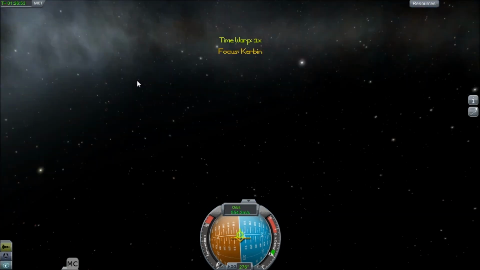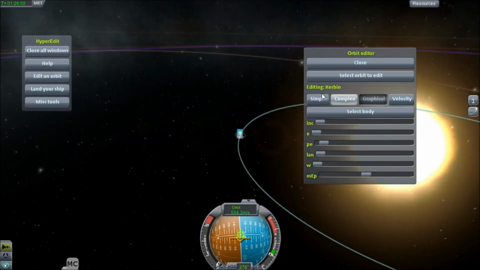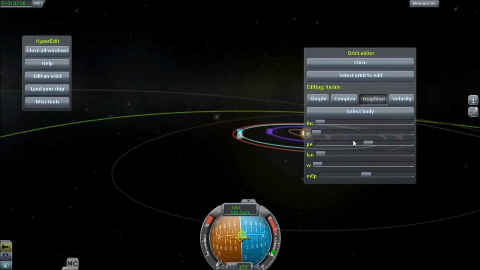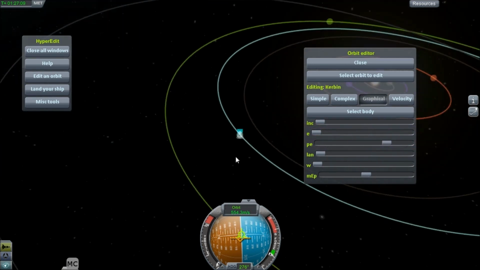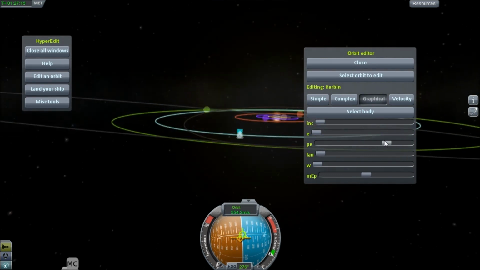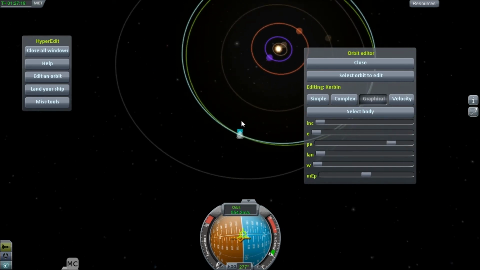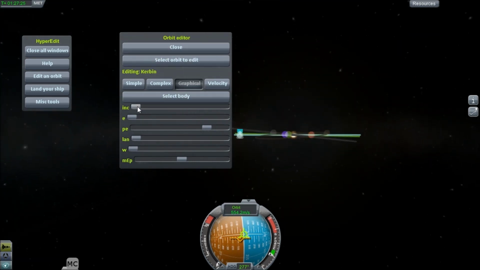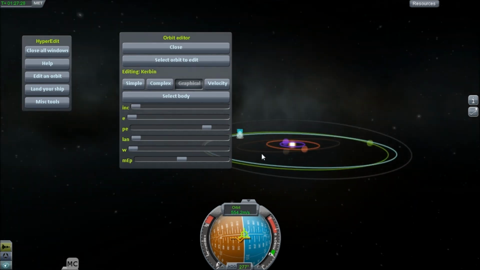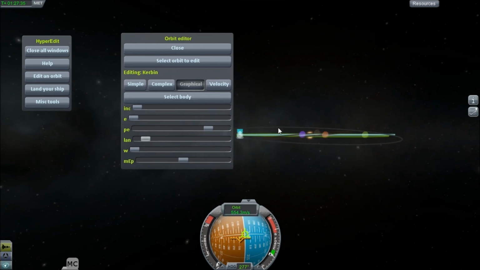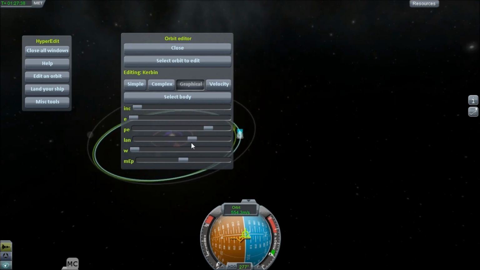Oh, okay, so what would happen? Just an idea. If we took Kerbin and put it with Jool. I don't know if Jool has an inclination, which doesn't look like it does. So, very little bit. Alright, so let's try to match that inclination. That's about as close as I think I'm going to be able to get it. Don't know what this means, but oh, position basically. Okay, so just